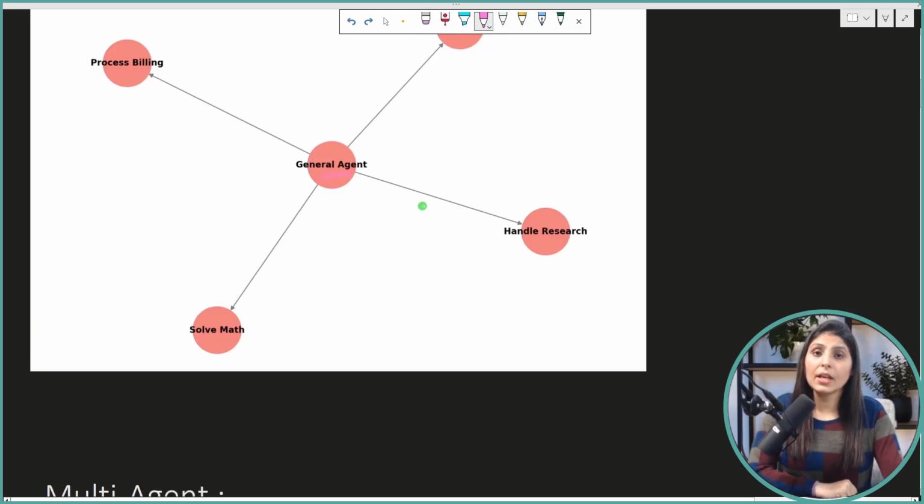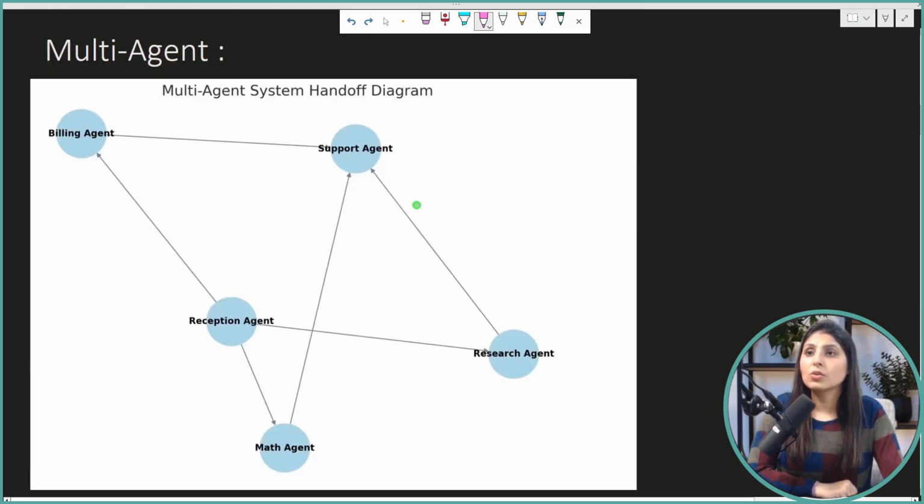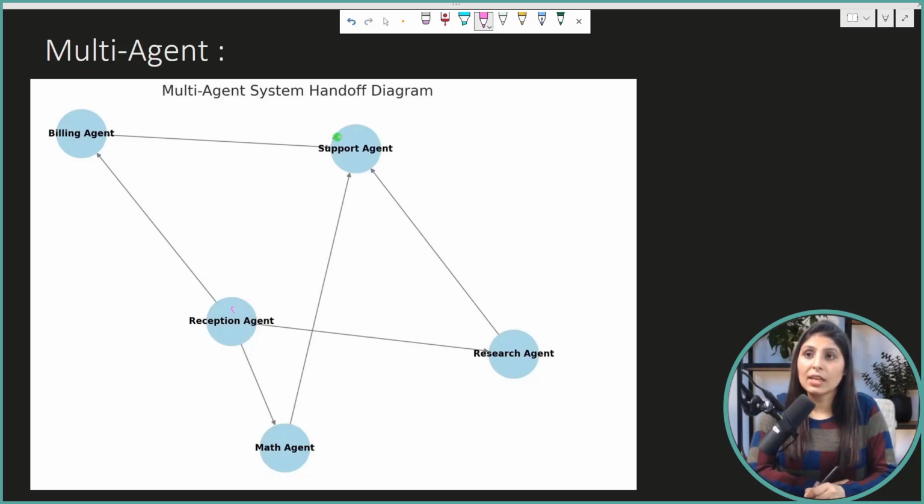Now let's understand how multi-agent works. So see this diagram. Over here you can see we have 5 different agents: the support agent, research agent, reception agent, math agent and billing agent.